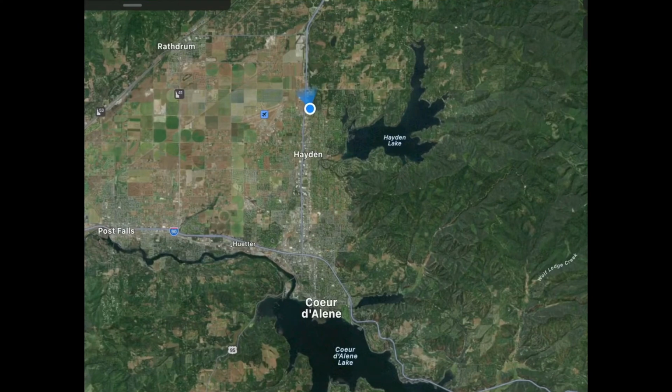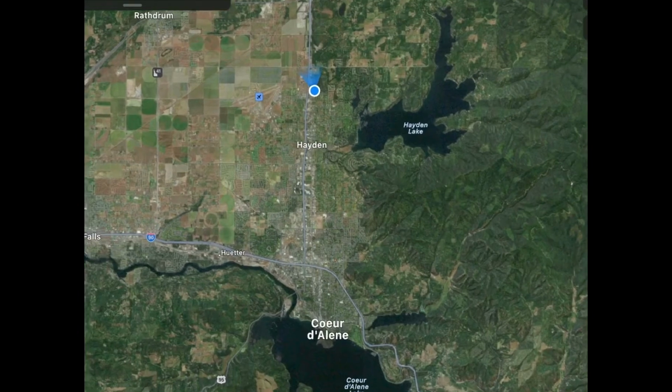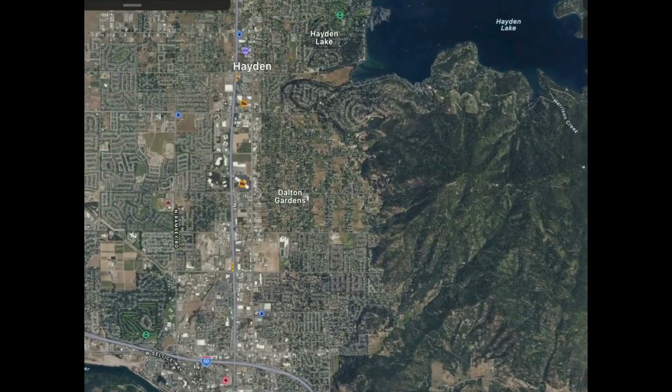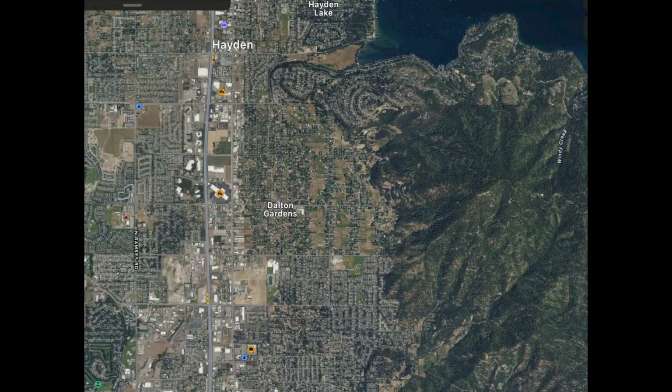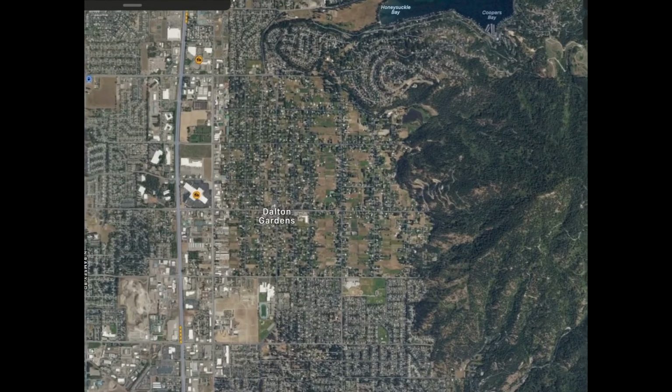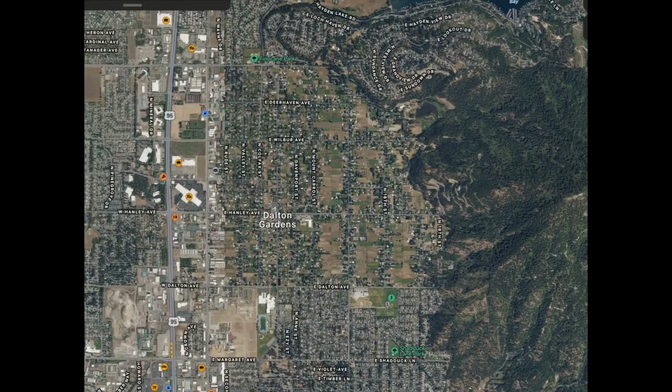Let's move north from Coeur d'Alene to Dalton Gardens. This is a highly desirable area because the minimum size lot in Dalton Gardens is right around an acre. It is considered a suburb of Coeur d'Alene, and population is currently at just over 2,700 people. It spans just over 2.4 square miles and is at an elevation of 2,264. The median house price currently in Dalton Gardens is going for around